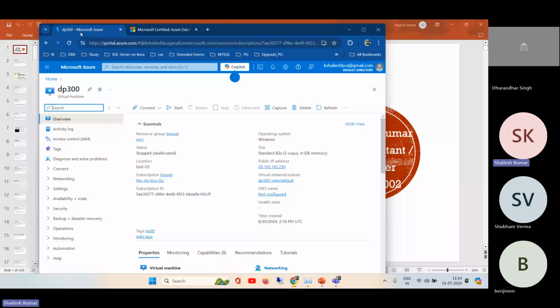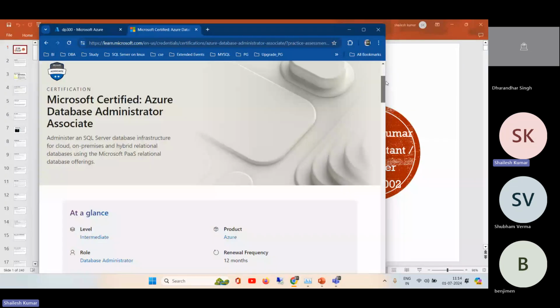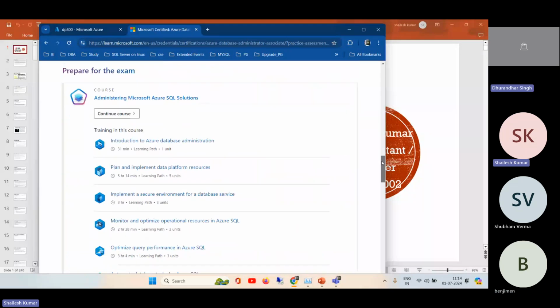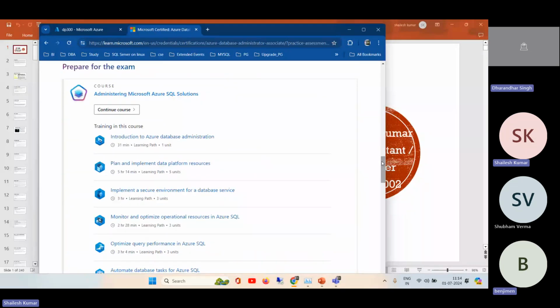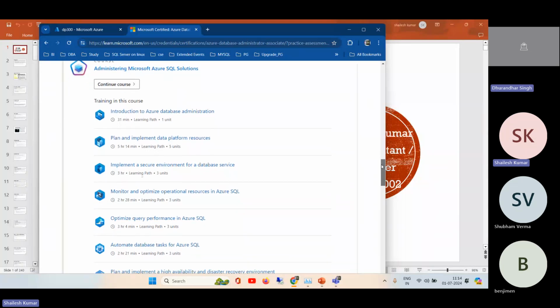In DP300 we have to touch all these points. That's why I asked, because as we go through the Microsoft syllabus for DP300, the Azure Admin Associate, it covers all these things along with what we have seen on-premise, which is mostly the same, but some monitoring and troubleshooting features are different.